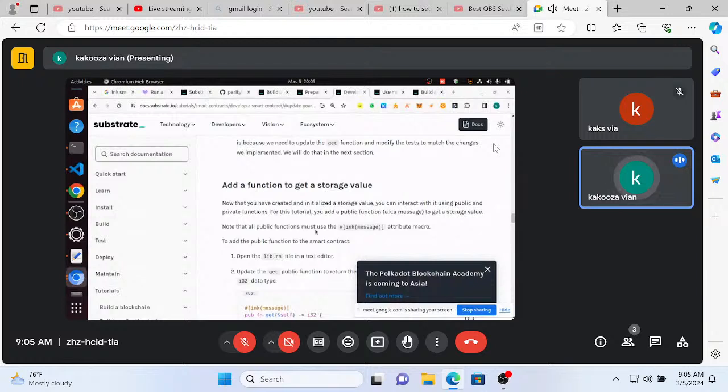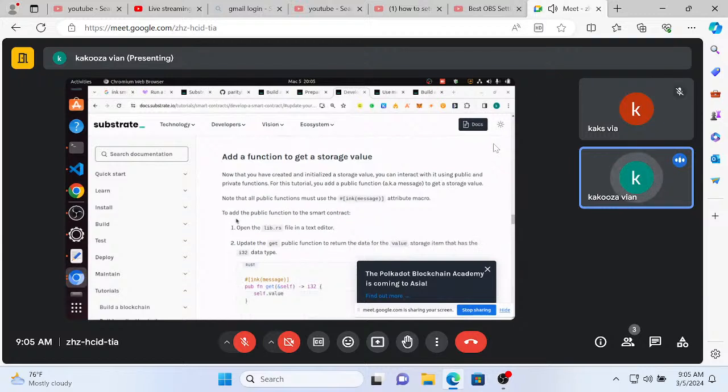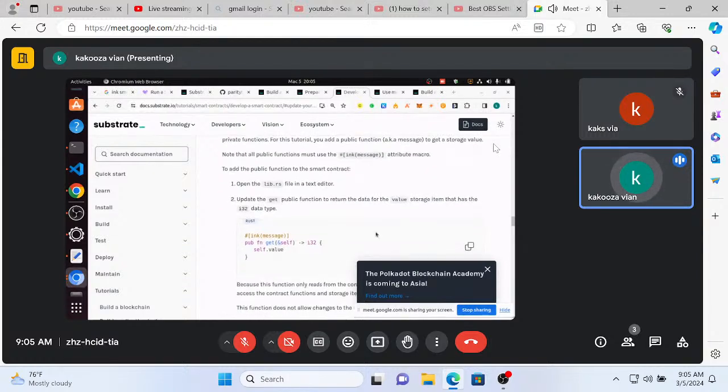Now that you have created and initialized a storage value, you can interact with it using public and private functions. For this tutorial, you add a public function known as message. So always, public functions are under the hash message attribute to get a storage value. Note that all public functions must use the hash ink message attribute macro to add the public function to the smart contract. Open lib.rs, update the get function to return the data for the value storage item that has